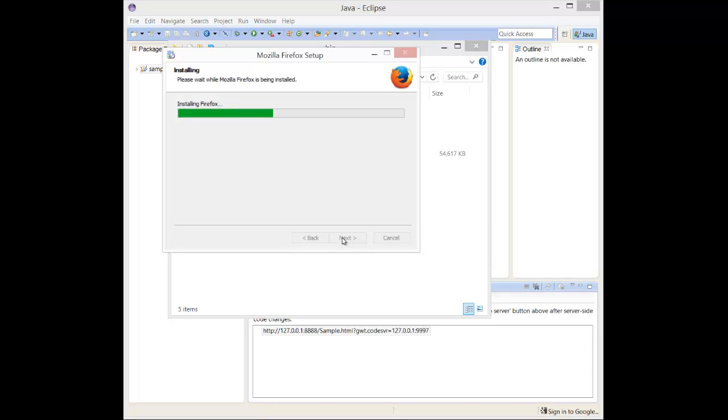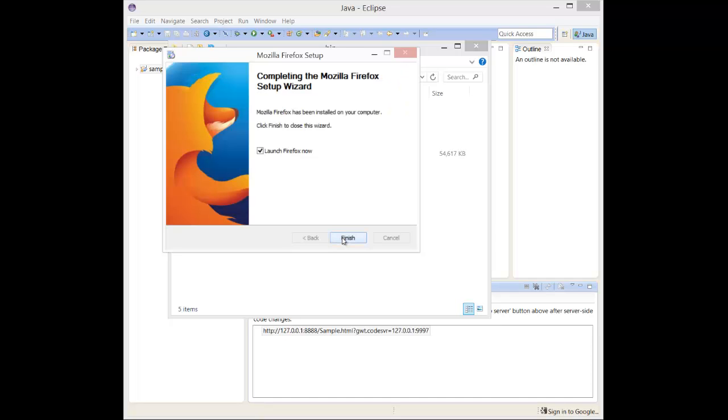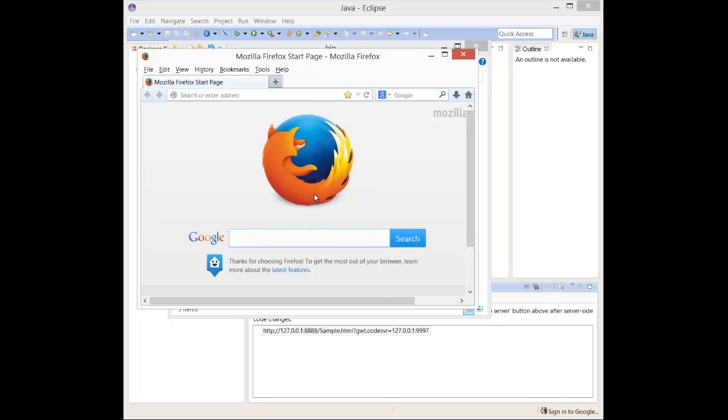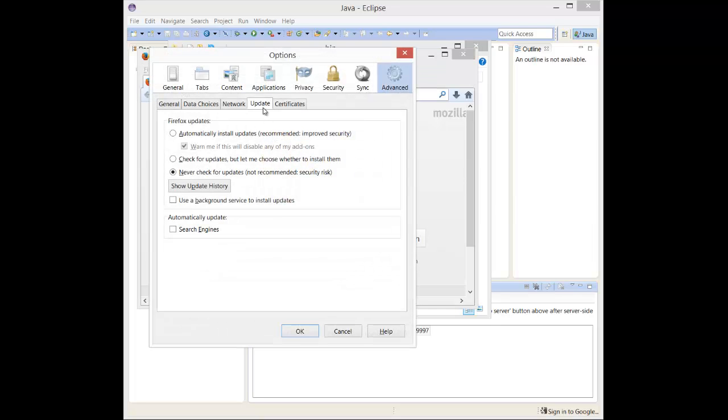And it whizzes by and installs Firefox. So we launch Firefox, and Firefox is up and running. One more warning that I give you: we have to go in and turn off the automatic update of Firefox, because if you don't,